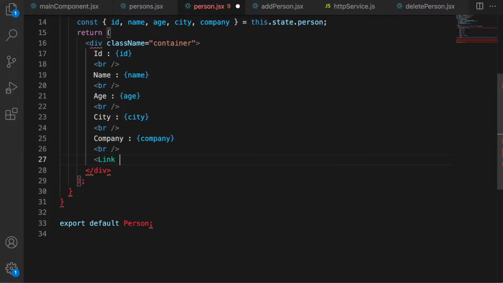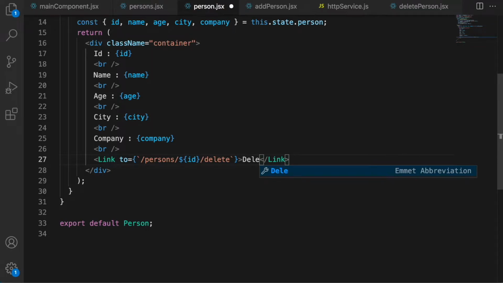Link to is equal to /persons, we have the ID here and we want to call the delete. So this is our path. And what do we want to show? Delete. And this link will be shown.